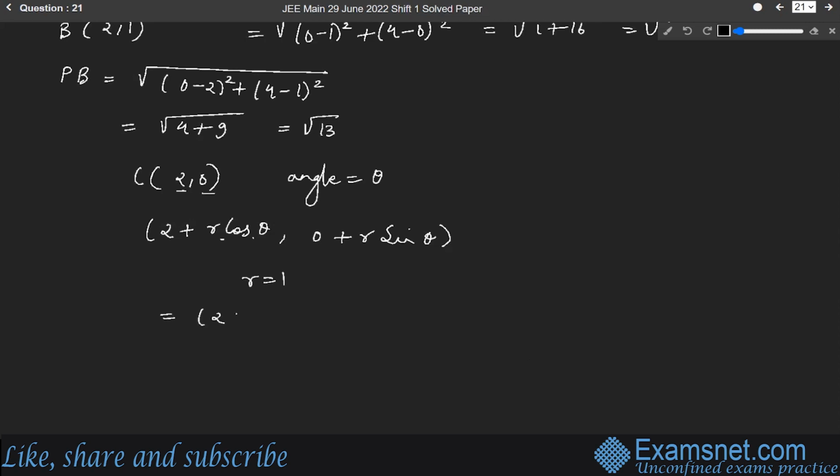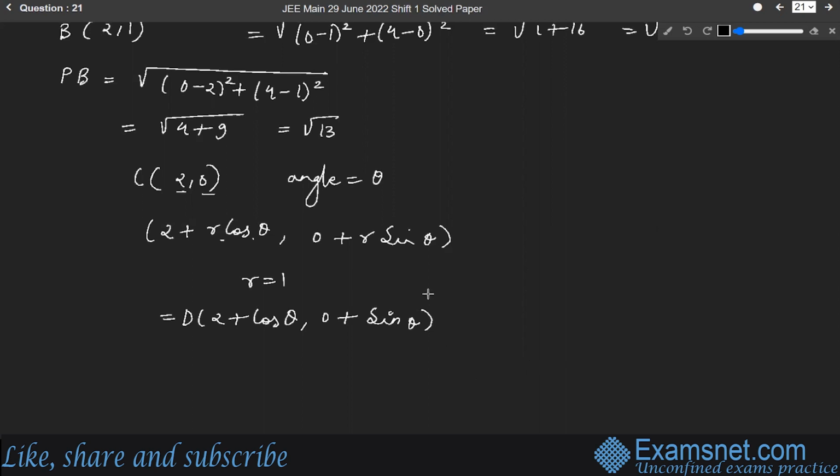So it will be 2 plus cos theta and 0 plus sin theta. Okay. It is the coordinate of point D. So now we have the coordinates of point D. Now let us talk about